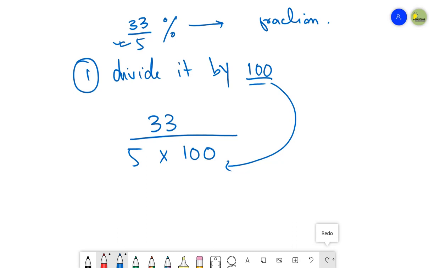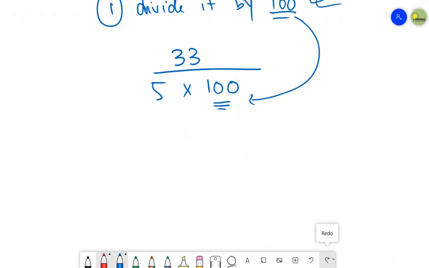Okay, 5 was already present and I wanted to divide the number by 100. So I need to multiply it with 5. Multiply 100 with the number present in the denominator. Keep in mind whenever you have any denominator, then you have to multiply 100 with the denominator. Right? In this way, you can divide the given number by 100. This is how you can divide a fraction by 100. Just multiply it with the denominator present.